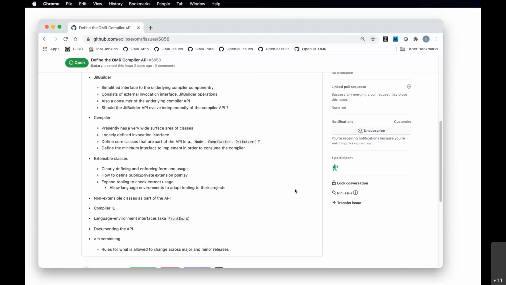I would argue you'll have trouble. Sorry, finish your thought. No, go ahead. I was just going to say, I think we'll have trouble defining a public API before we've defined what the boundaries are of those major components. I think that's a fundamental aspect of being able to define the API: you have to first define the elements of that API. Right.